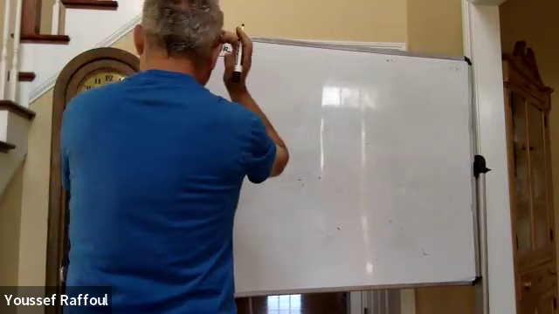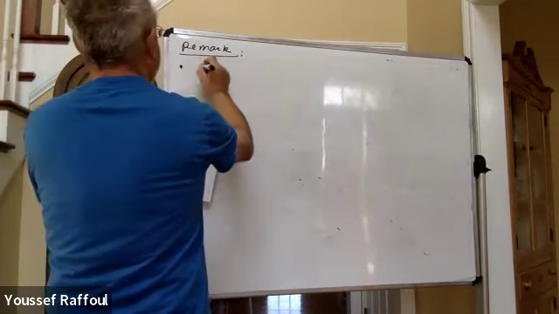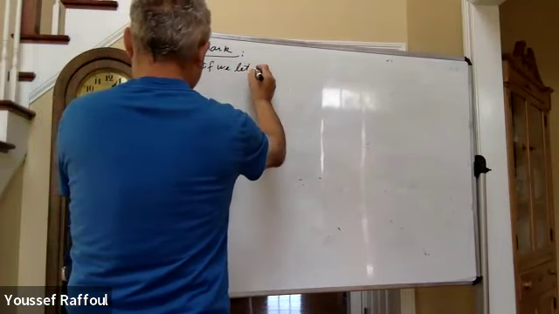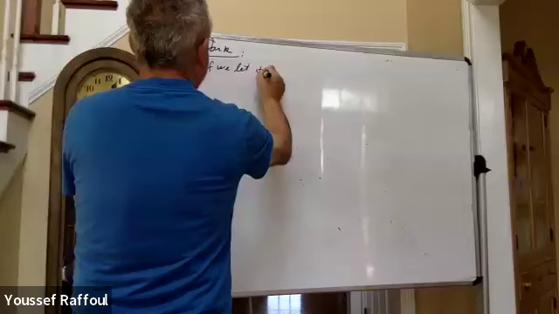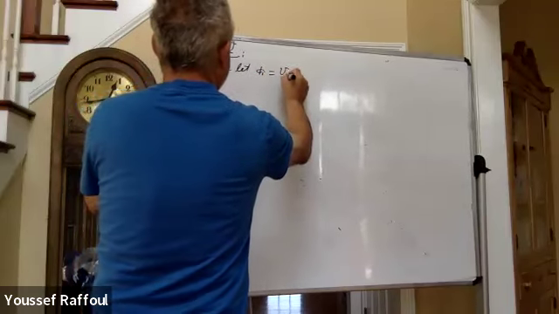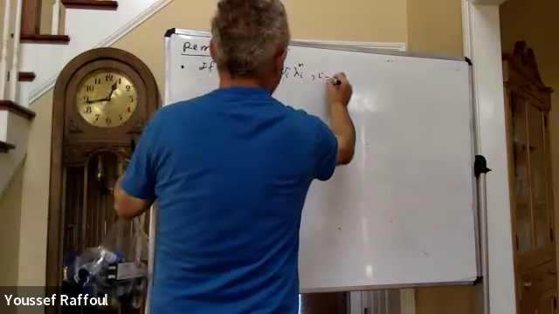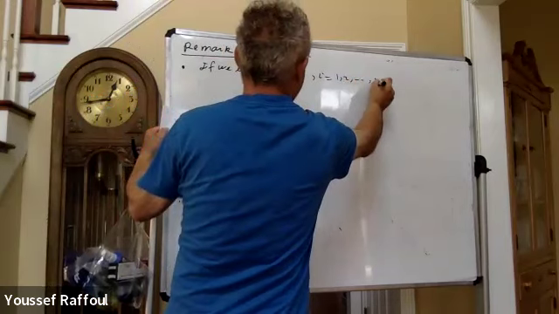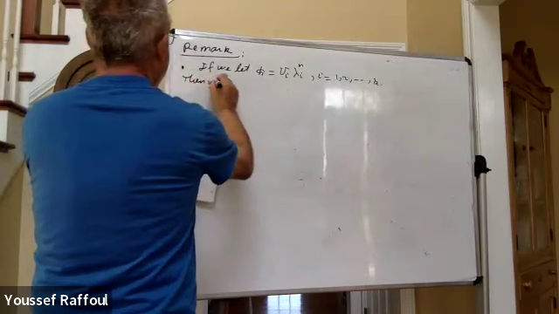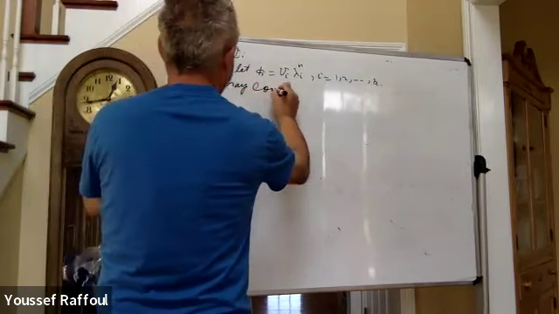First of all, if we let phi i equal to vi lambda i to the n, i equals 1, 2 to k, then we may construct